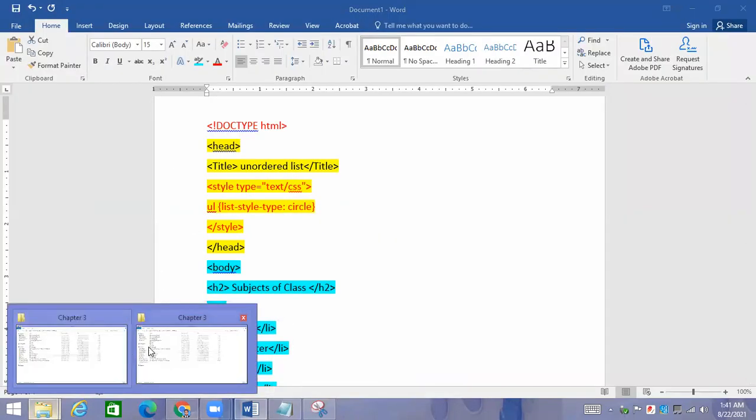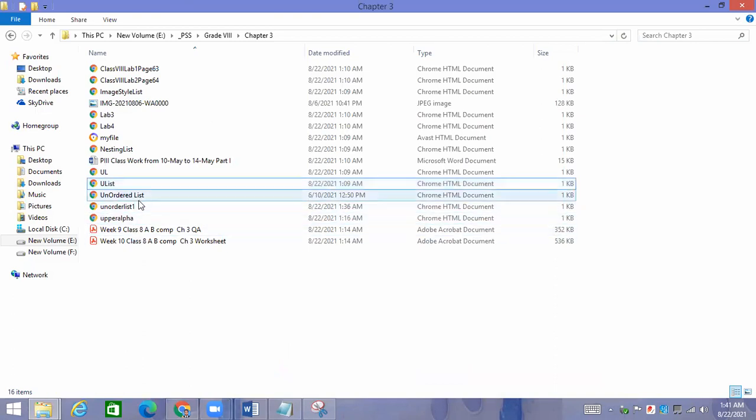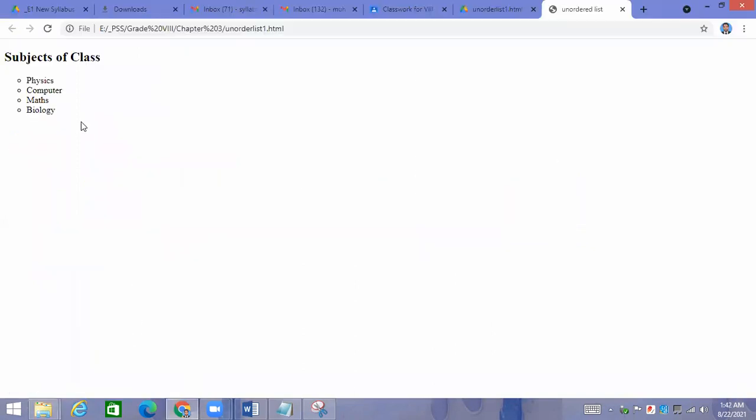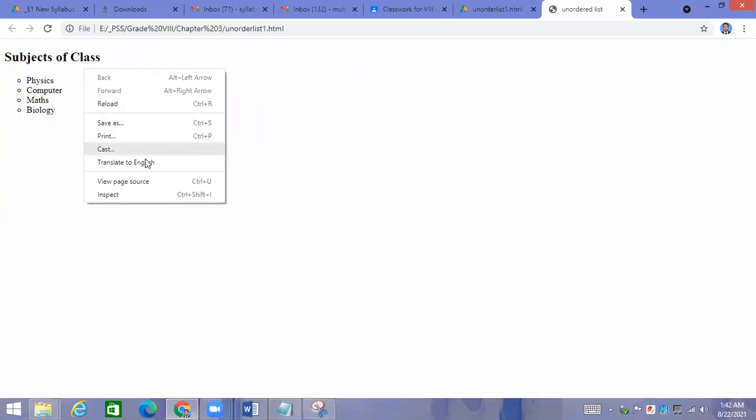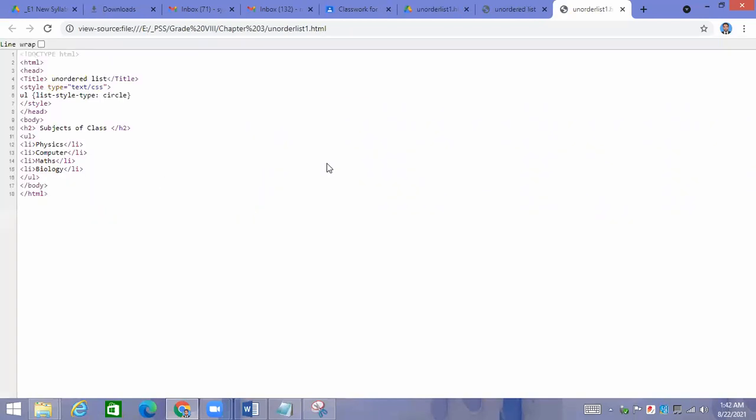And how will you open it? You will use the open with option. If you are not able to, then use the open with option. Otherwise, double click on the file and it will be opened, just like right now, I double click. Why? Because this is an HTML file. When the file is opened, you will not be able to edit the text. If you want to see the code, right click on it and go to the view page source option. Then you will be able to see the code.